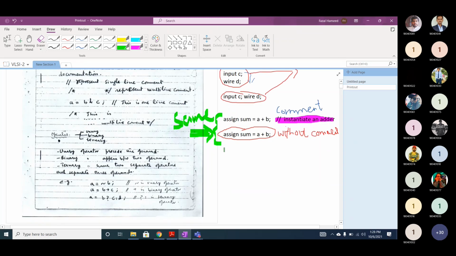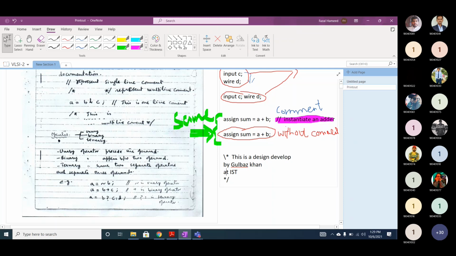And if you want to have a multi-line comment, like if you want to have a big comment, I will give you an example. So now let's assume we have this code: this is a design developed by Gulbaz Khan at IST. So this is a single line comment or multiple line comment? It's a multi-line comment.